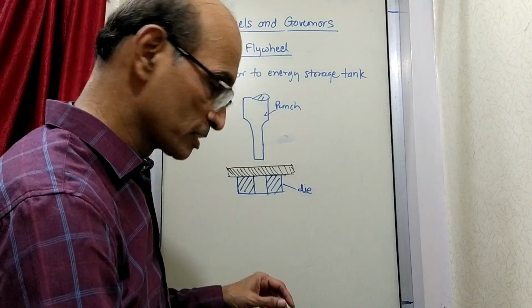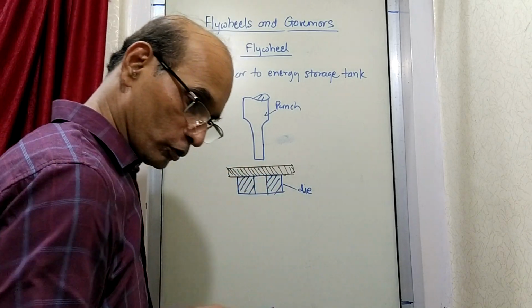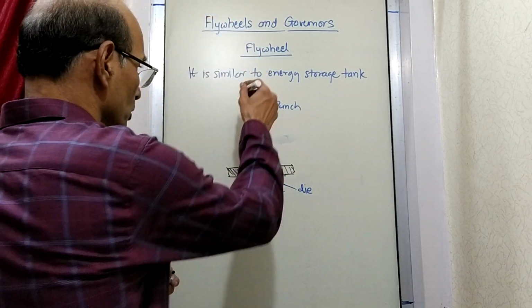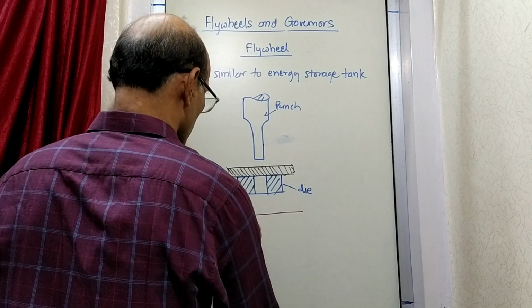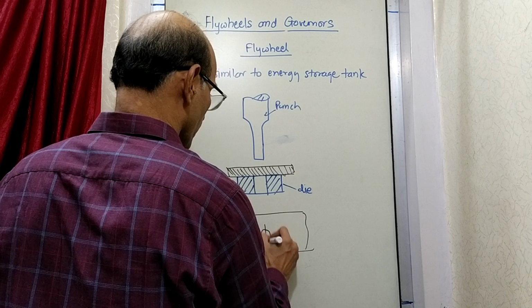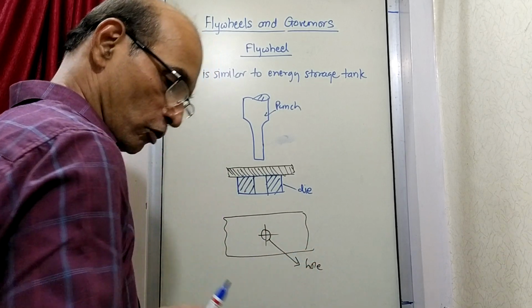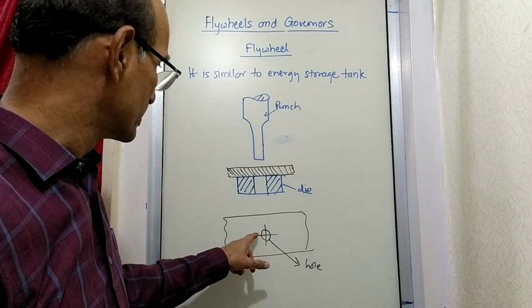This punch is, see, our objective is to cut one hole here. So there is a plate here. Suppose you try to show this plate in the other view, the top view, then this could be the plate, and somewhere here we are going to make this hole. So our objective is to cut one hole like this here.